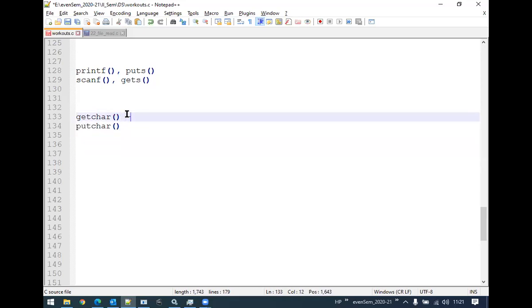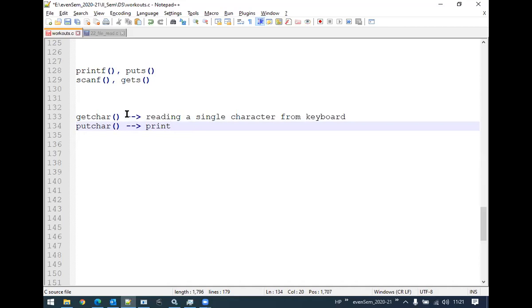Getchar is used for reading a single character from the keyboard, whereas putchar is the output operation. It prints a single character on the terminal, or on the monitor.